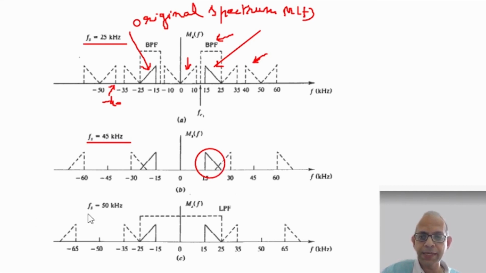However, if the sampling rate is taken to be exactly equal to the Nyquist rate, which is 2 times W, because the maximum frequency W is 25 kilohertz, so 2 times W is 50 kilohertz. So if we sample it at 50 kilohertz, we get this spectrum. Clearly, there is no overlap of successive copies and we can extract the spectrum back by low pass filtering with the cutoff frequency of the low pass filter taken as 25 kilohertz in this case. If the sampling rate is greater, then there will be some gap between the two. The low pass filter that can be used need not be an ideal low pass filter